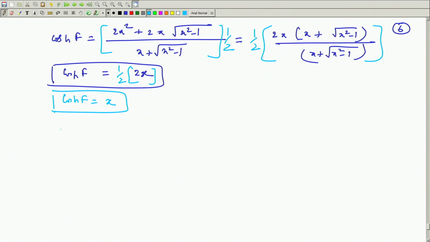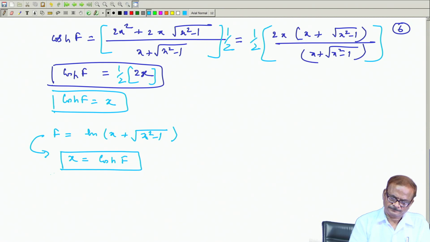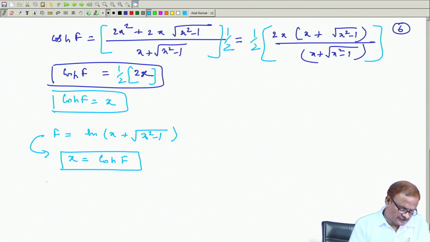So, this means what we have proved, that we started with f equal to ln of x plus under root x square minus 1, and then from there we proved that x equal to cos hyperbolic f. Okay. Similarly, the same way you can also prove